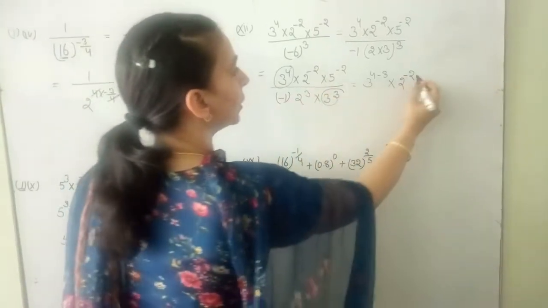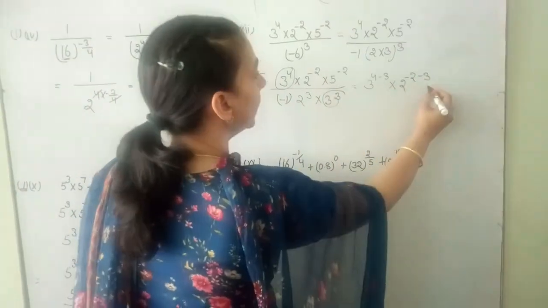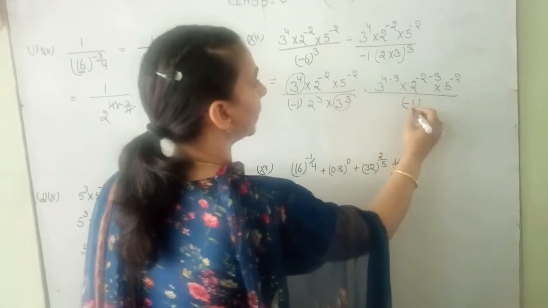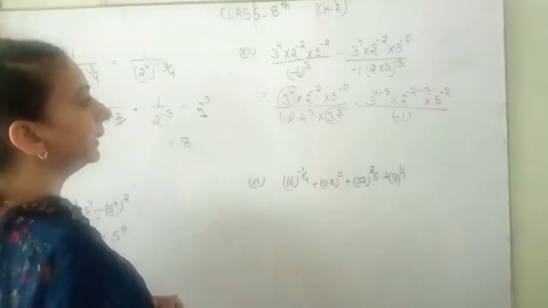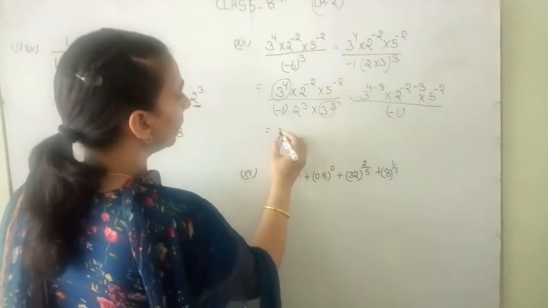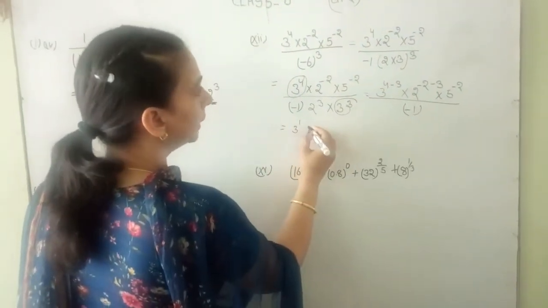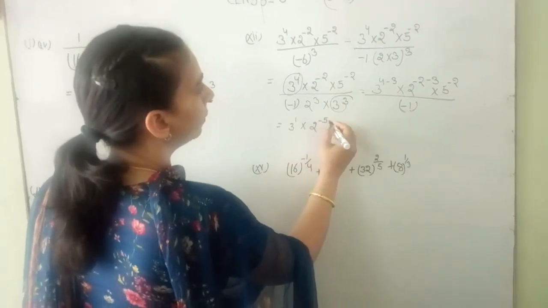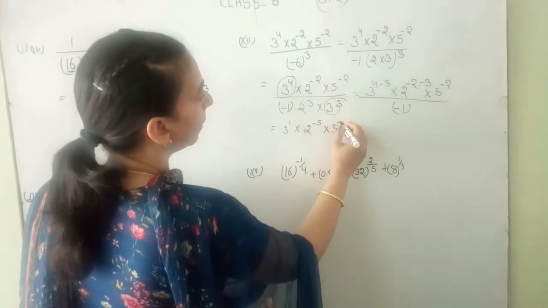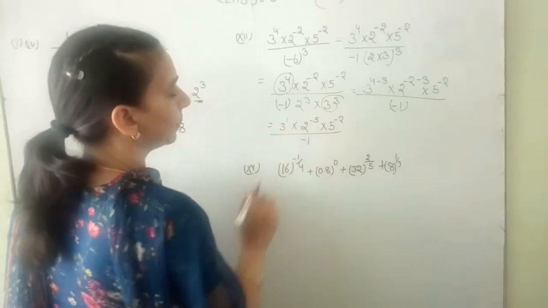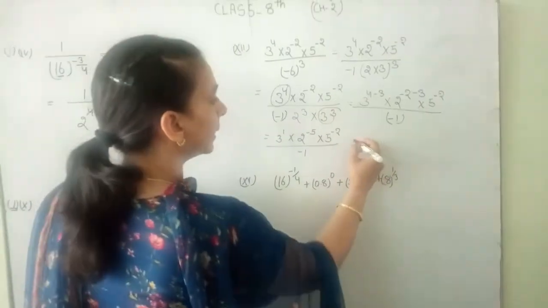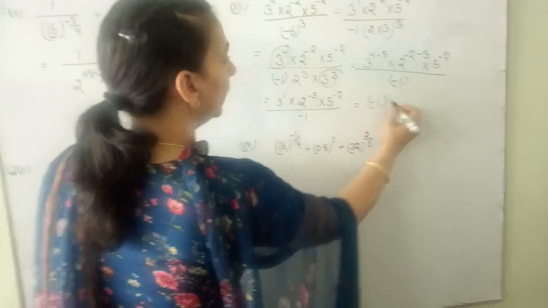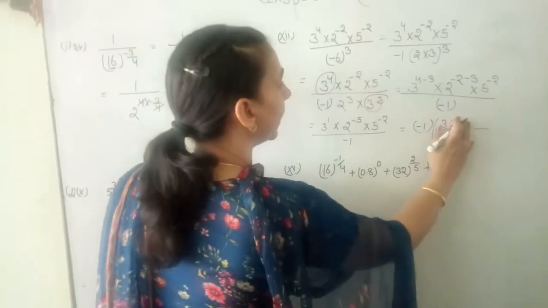Then according to the quotient law, minus 3 multiply 5 raised to the power minus 2, divided by minus 1. Okay student. Then next, 3 raised to the power 4 minus 3 1 multiply 2 raised to the power minus 2 minus 3 minus 5 multiply 5 raised to the power minus 2, divided by minus 1. We can write this minus in front of the complete minus 1, then 3 as it is and divided by 3